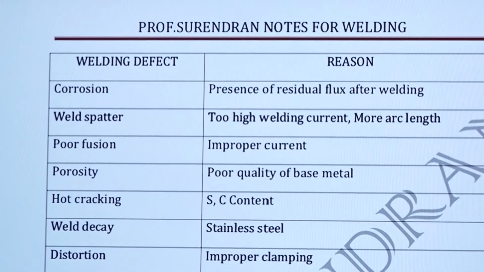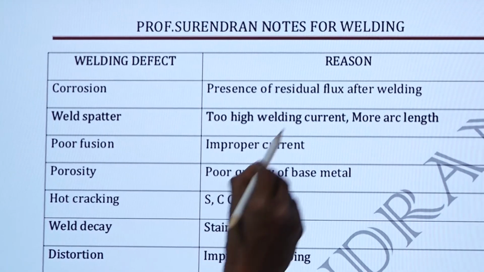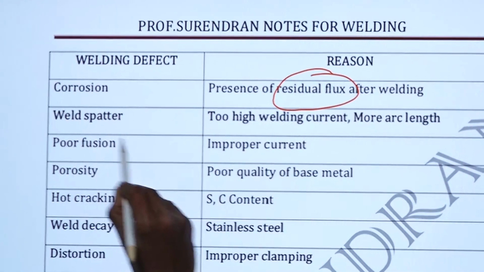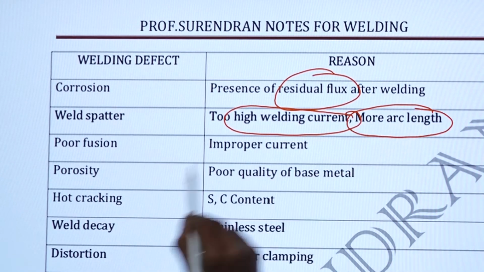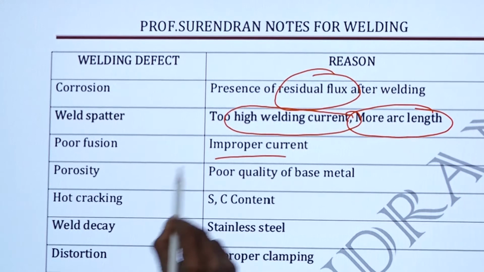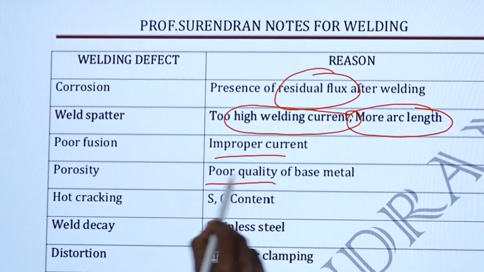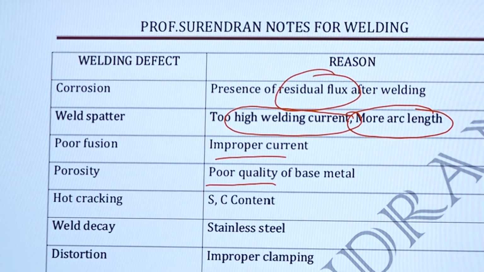Corrosion is because of the presence of residual flux. Weld spatter is due to high welding current and more arc length. Poor fusion is due to improper current. Porosity is due to poor quality of the base metal. Hot crack is formed due to the sulfur and carbon content. Weld decay is usually observed on stainless steel. Distortion takes place due to improper clamping. Undercut occurs due to the